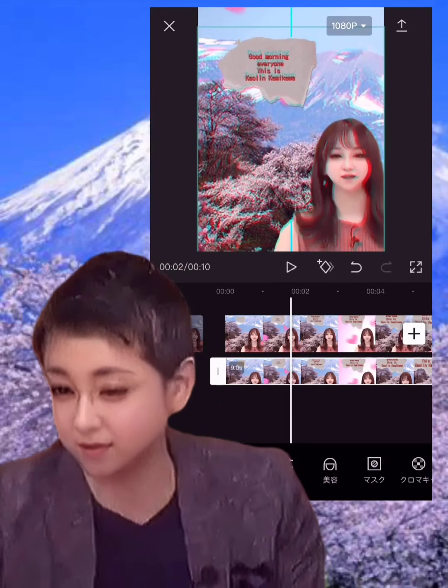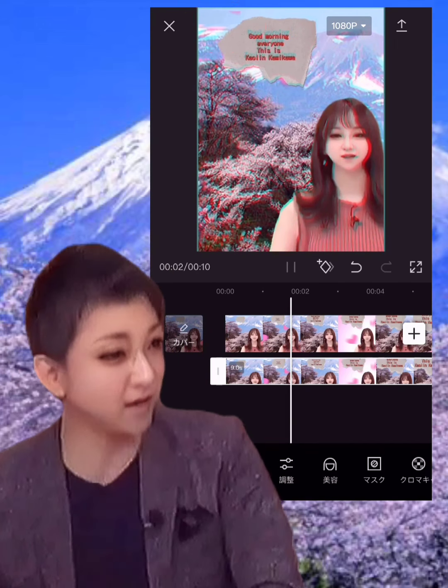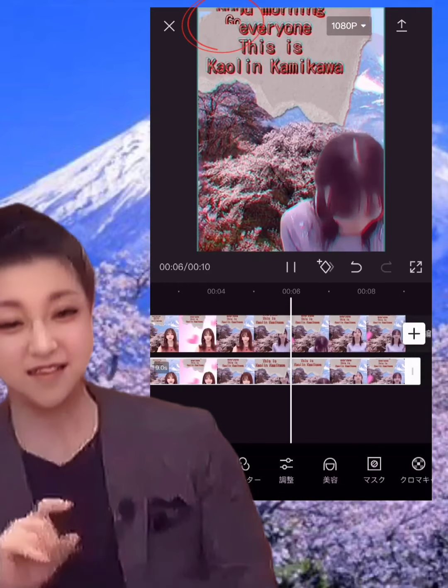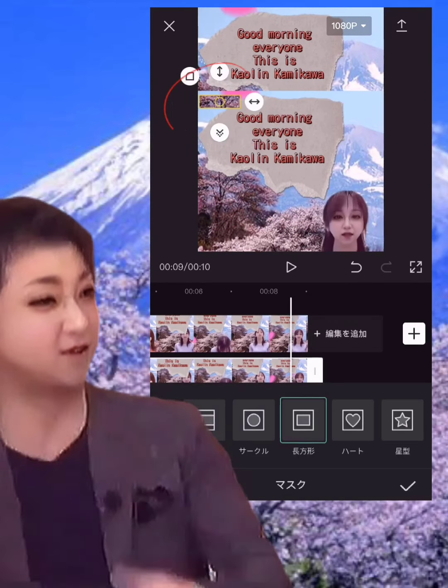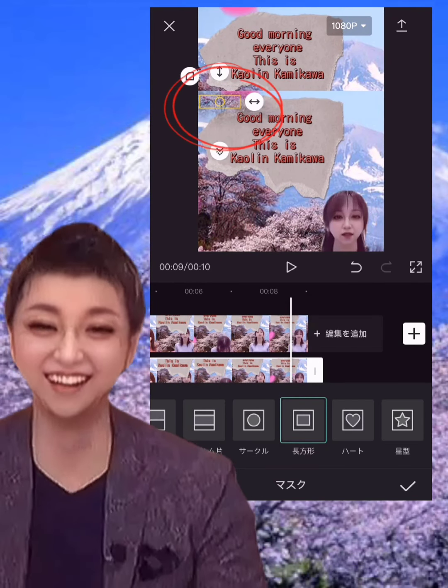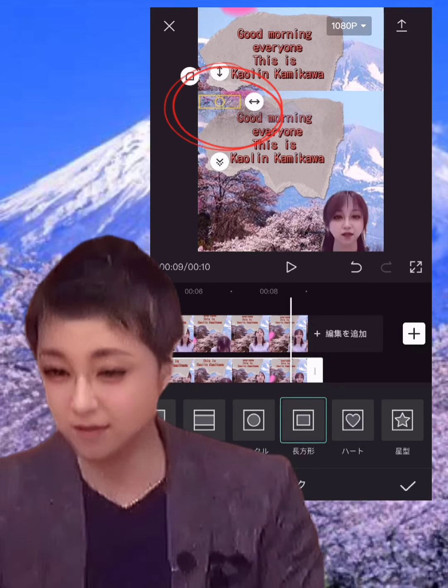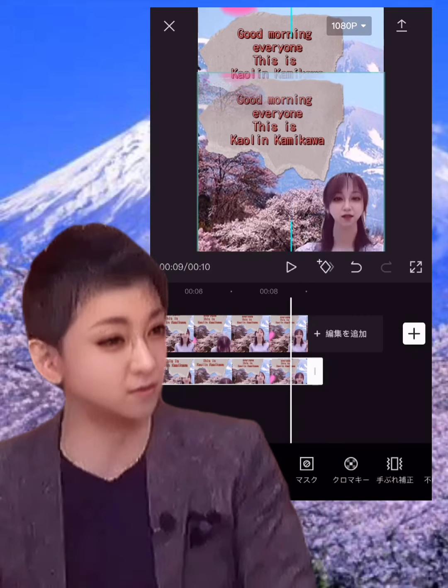3. When using an effect that moves the watermark part. In that case, divide the video only for that part and reduce the transparency, and rather display the watermark. By doing so, only here where I use a special effect, the watermark will be displayed. Well, the point is that you only have to be convinced.